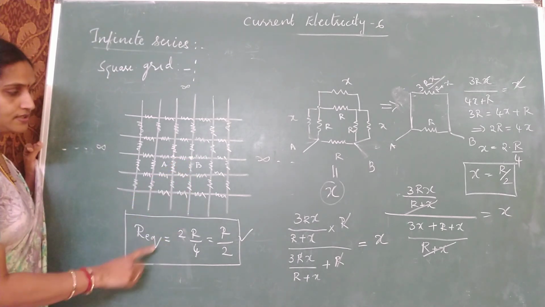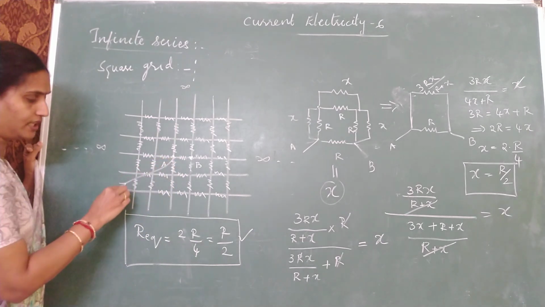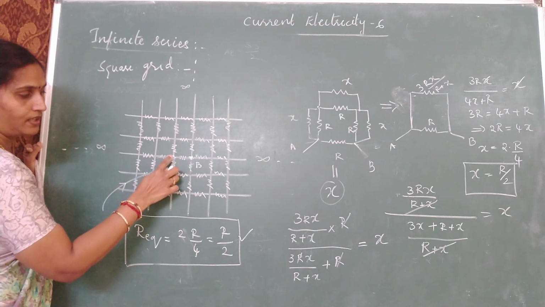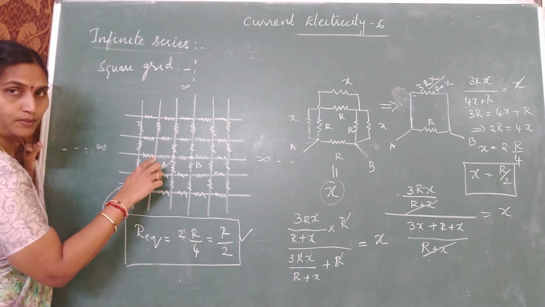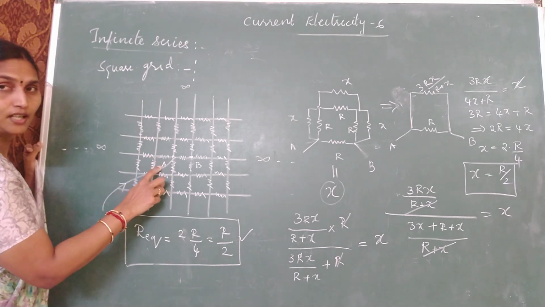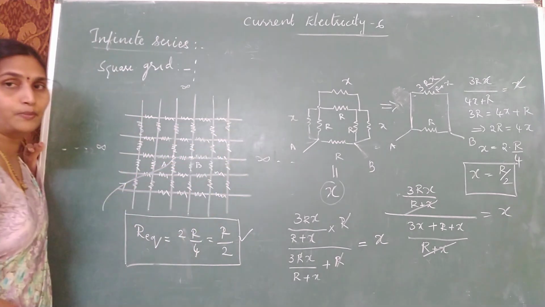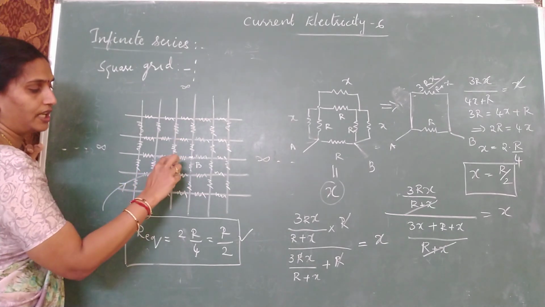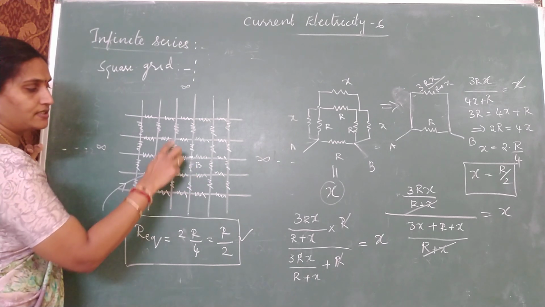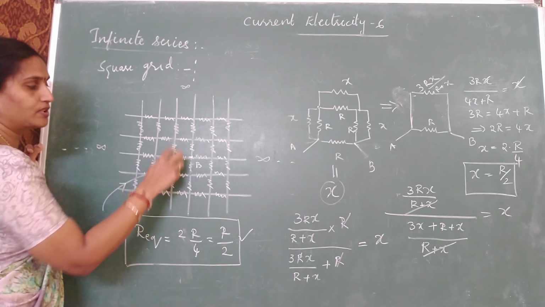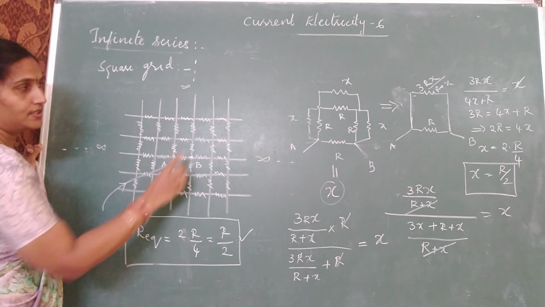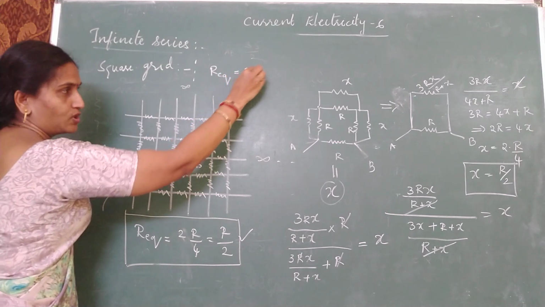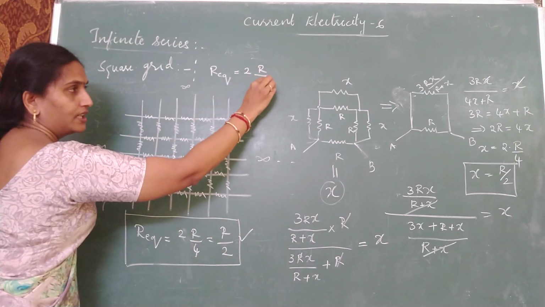Now if you observe this, see, if I give a current source at A, is this current divided into 4 equal branches? I by 4, I by 4, I by 4 and I by 4. Now I'll give you a shortcut method how to find out the answer without doing all this particular process. For a square grid, if current is divided into N branches, how many branches is it divided into? 4. I by 4, I by 4, I by 4 and I by 4. Then R equivalent will be 2 times of R divided by N.